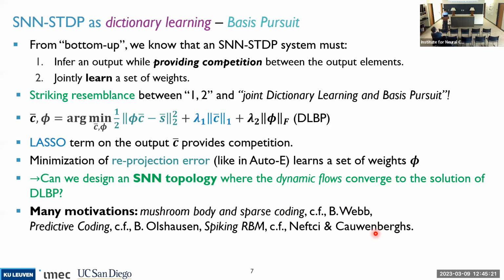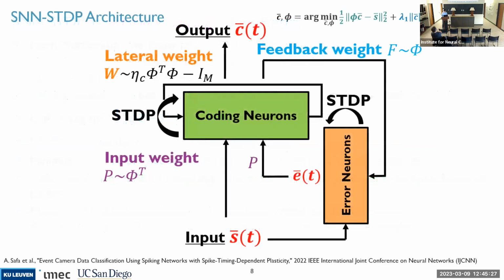So now let's see how we can solve this energy function using a spiking network with STDP. Before diving into the mathematics, I want to give you already the network architecture that, in fact, you can show probably solves this optimization problem, although, of course, with some approximations as we need to do during the derivation, which we will cover later. So I'll just go through the architecture first, and then we'll go through the mathematical details.